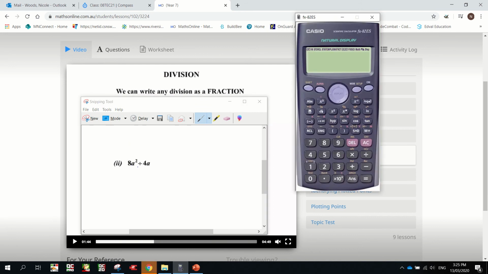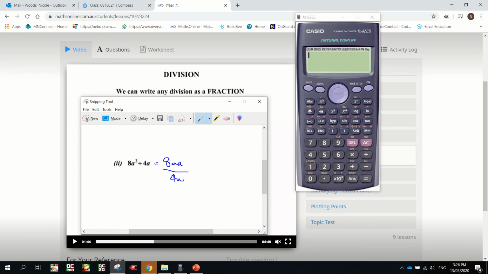So 8a squared divided by 4a. All right. This might trip us up, but we know that a squared is the same as saying a times a. All right, so what he's really got here is equals 8 times a divided by